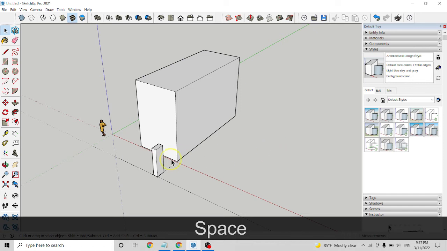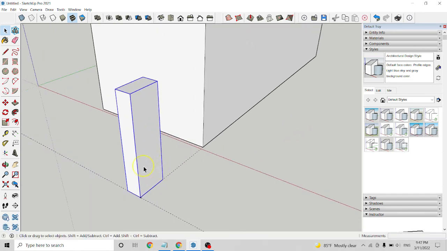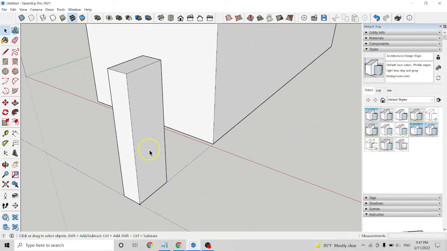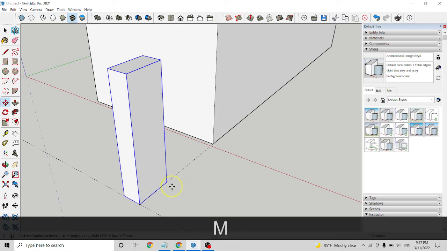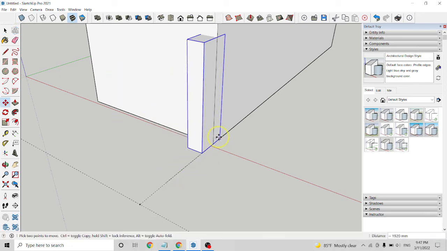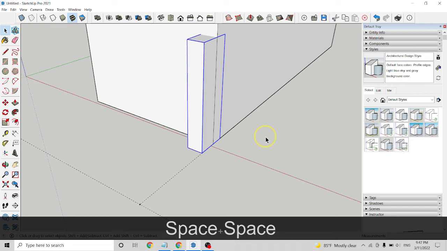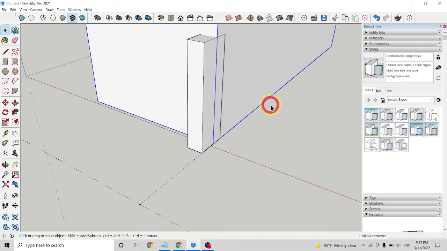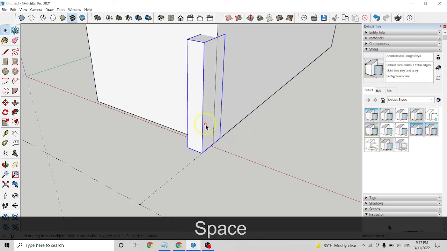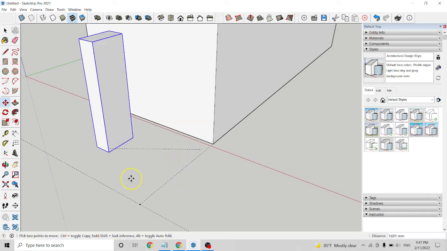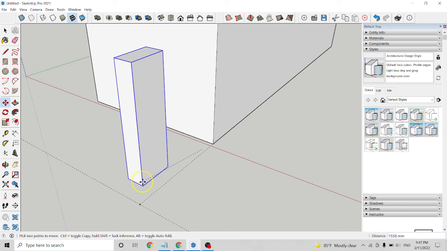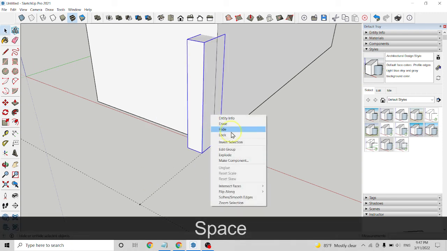Yeah, it's only one. This is only one. So when you move again, okay, M, and I click and move here. So yeah, it's different. So when you move out, M, see, that's the reason you should use